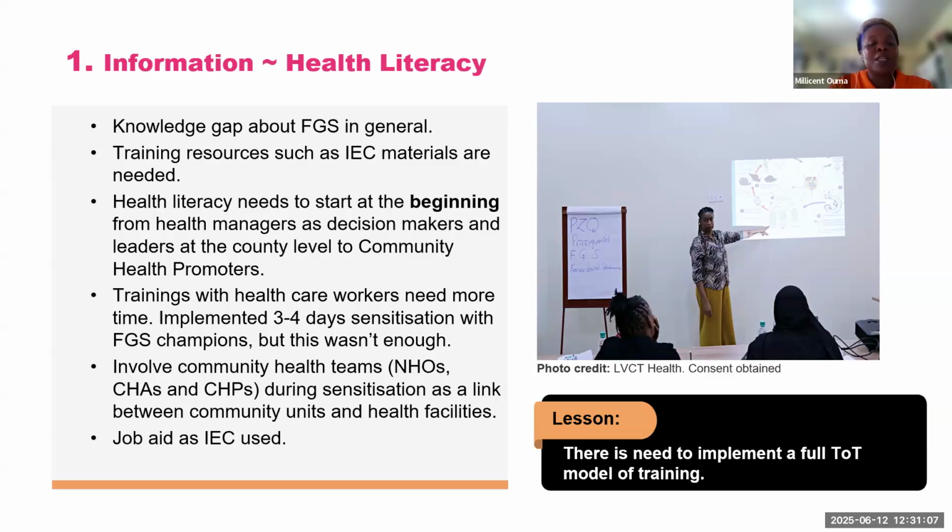And why we needed them is that we needed not to start from scratch, to start training someone on how to hold a speculum, but we needed someone who is already equipped with the knowledge on how to hold a speculum. And they've been champions on cervical cancer screening and management. So we hired them. Then after that, this training for the healthcare workers took us 3 to 4 days,